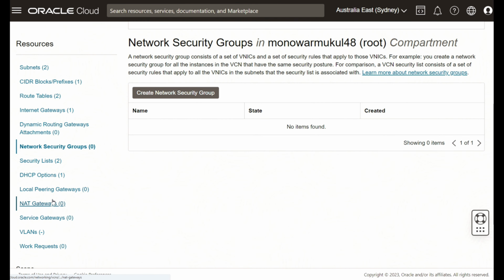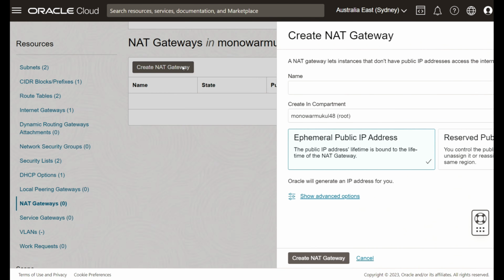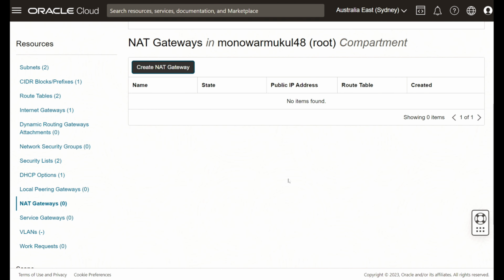Another option is NAT gateway. So you can create a NAT gateway to access services, like a compute VM that you're running in your private subnet. You can access it by setting up a NAT gateway in your private subnet. So click on cancel. So far I have done all this for the major cloud vendors, the network